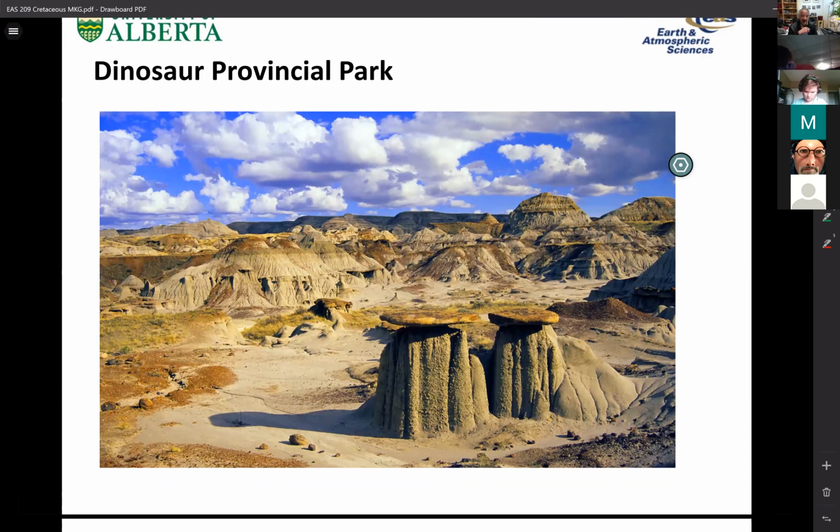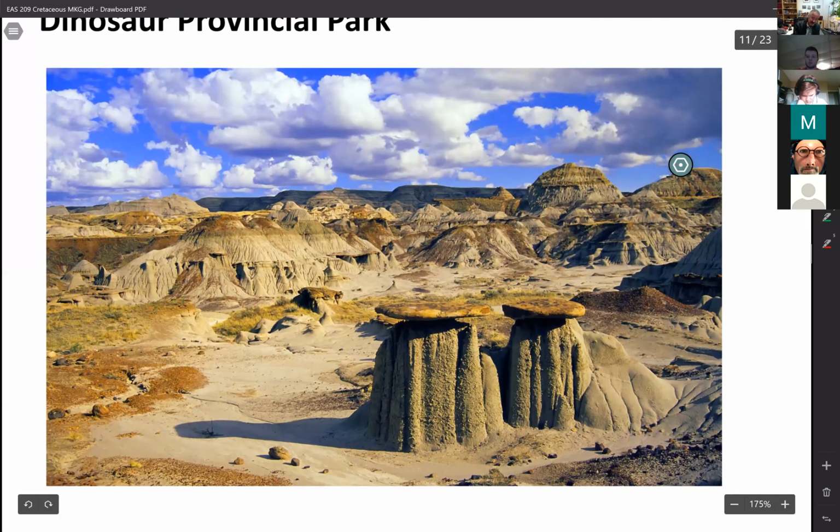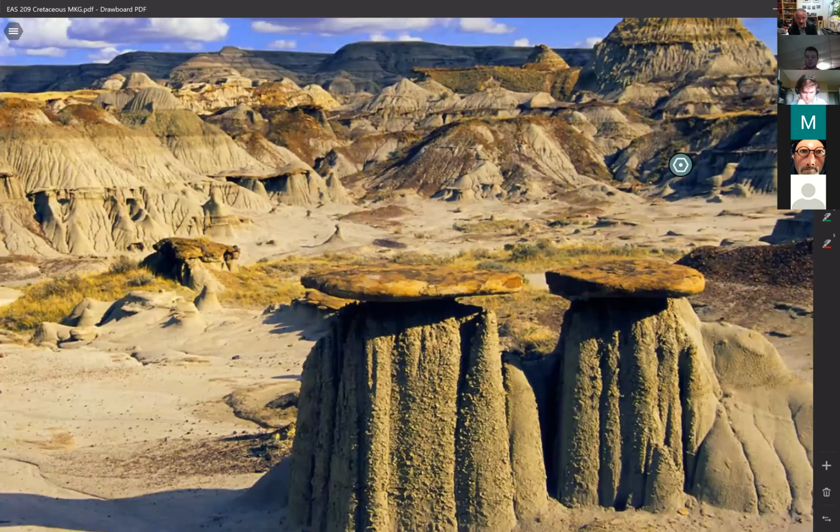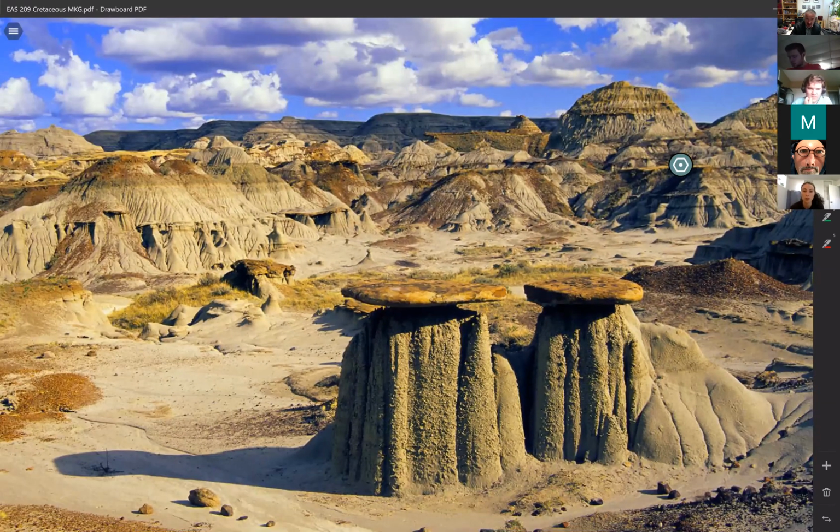Dinosaur Provincial Park is a no-brainer. Next week, I think on Monday, one of my master's students who loves Dinosaur Provincial Park will give us a little virtual tour and talk about what's cool about it from a geology and paleontology point of view. What we're looking at here are little hoodoos right in front of us. That's what these flat-topped little pillars are. And then you'll see things in the background here, such as a lithology change